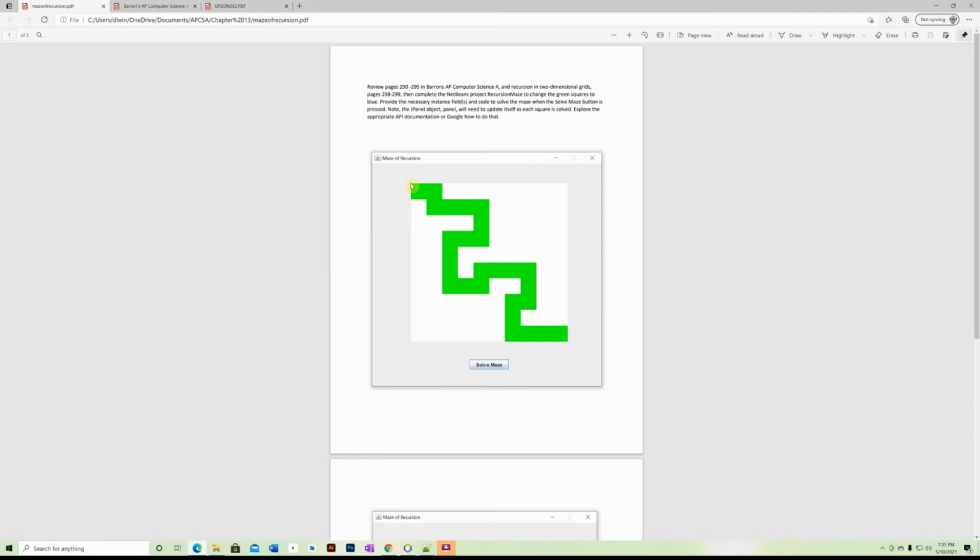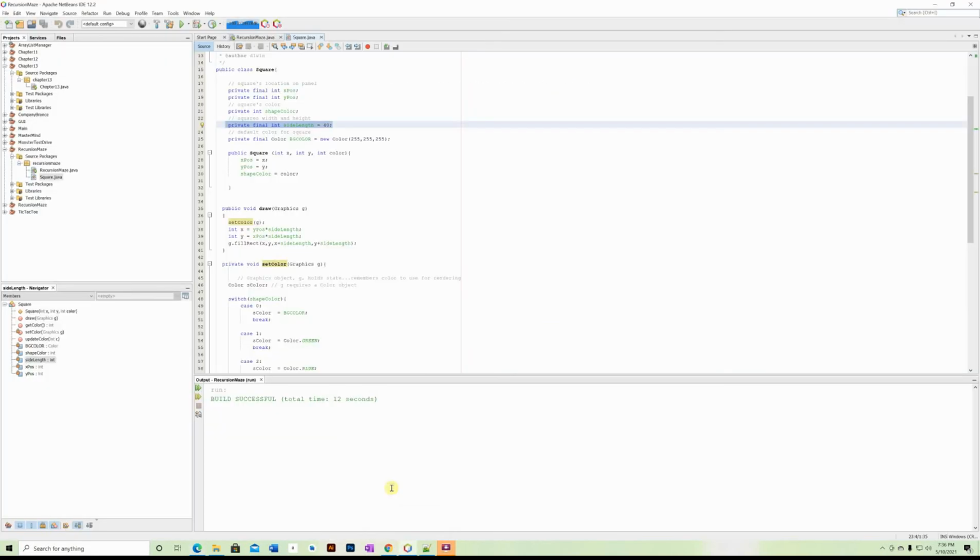So this will be 0, 0. Down here will be 40, 40. So this would be 40, 80. And down here will be 40, 80. So that's what I'm doing here: integer x equals x position times side length, integer y equals